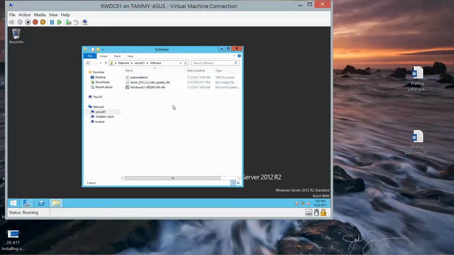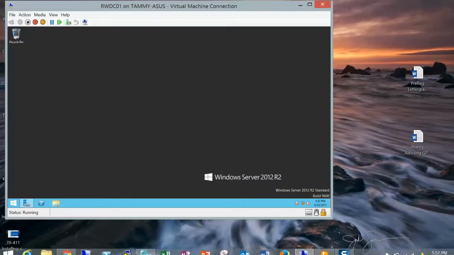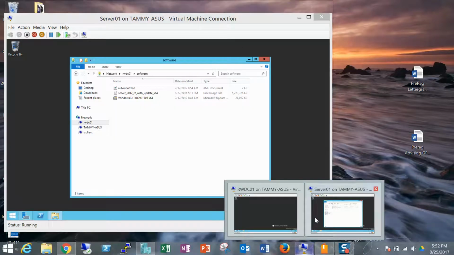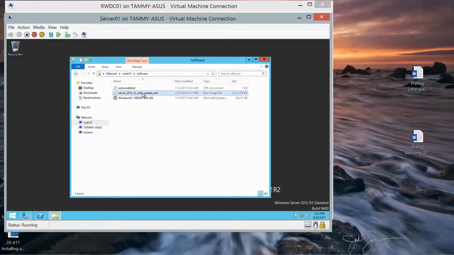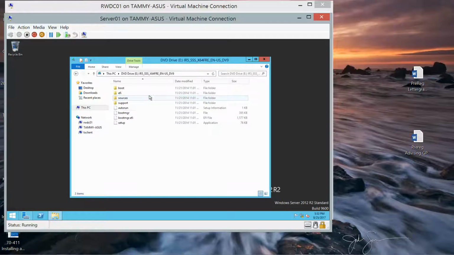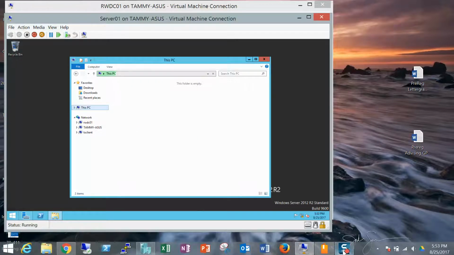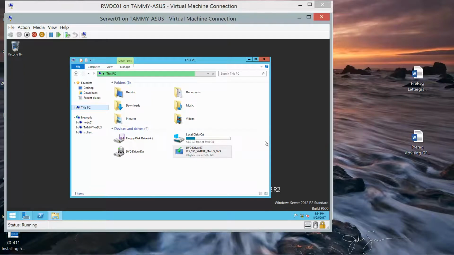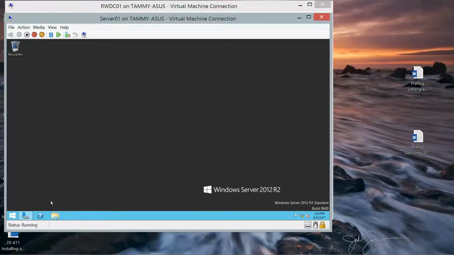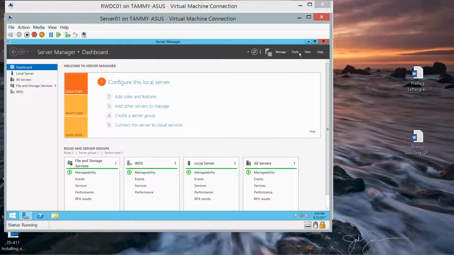Okay, now that it's copied, we're going to go back to server 1. And we're going to left click, right click, mount. Now that brings us to the next question. What drive letter was the ISO mounted to? Okay, and we can see where it was mounted. Now we want to go to our Windows Deployment Services console. So I'm going to close this and open up our dashboard, Tools,